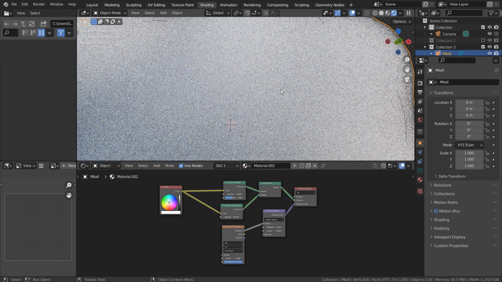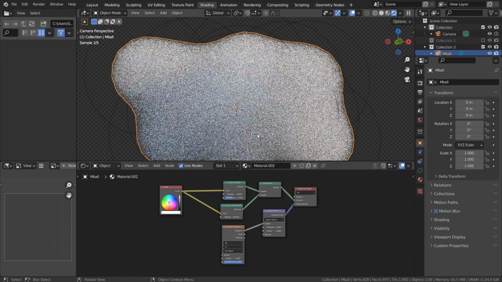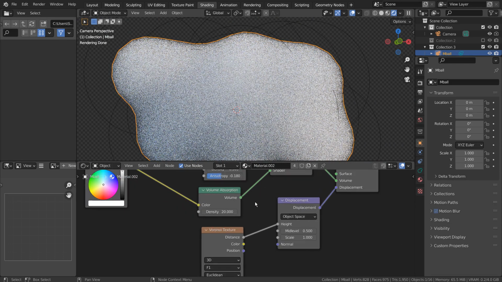The displacement node won't do much unless we activate the displacement and bump setting under Materials.